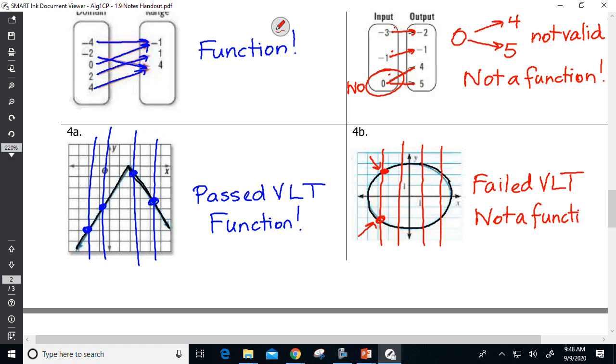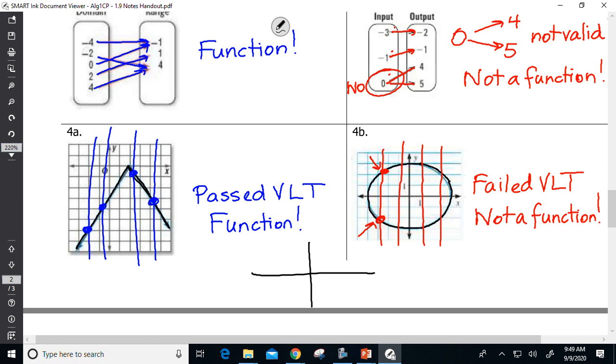On some graphs, to find out if it's a function or not, you have to draw lines, while on other graphs where there are already lines, you can find out whether it's a function or not depending on what the lines do. Well, you always have to draw a vertical line. They're not going to draw the vertical lines for you. So what they'll give you is the graph to start out with. So an example of what you might see,